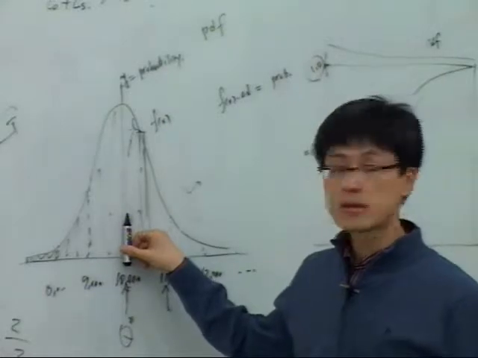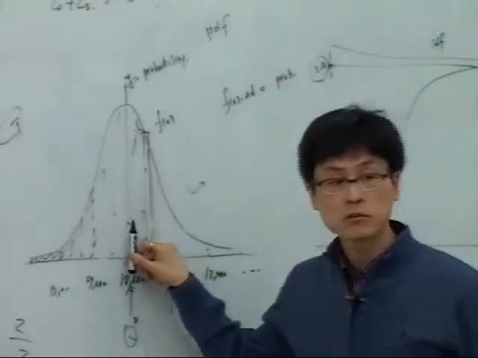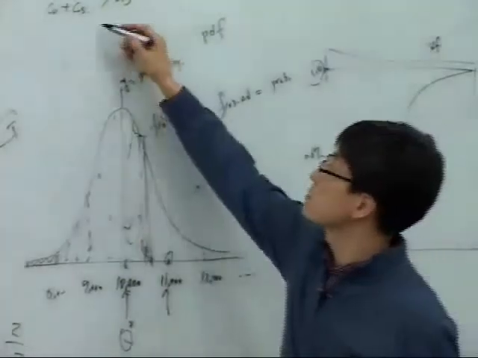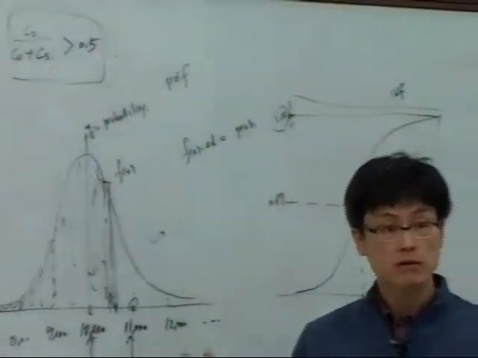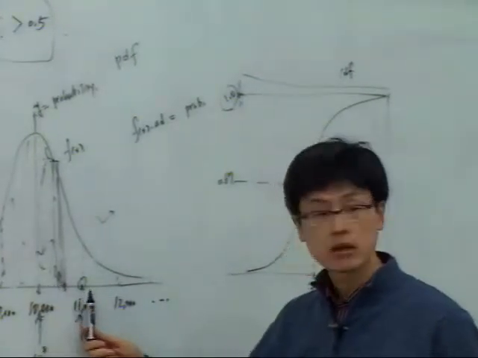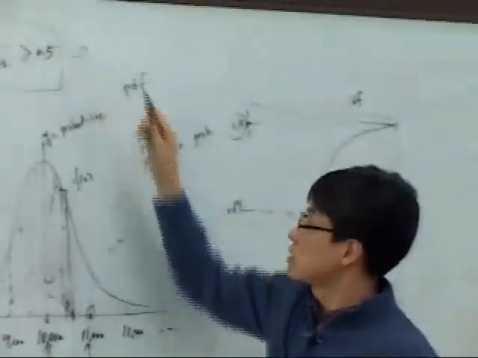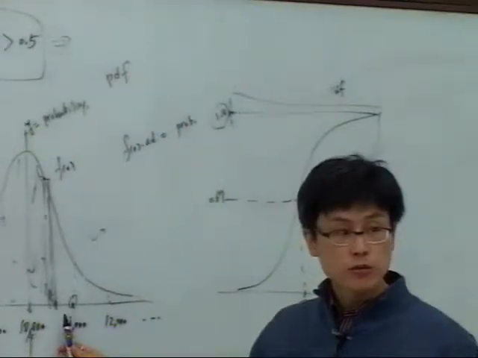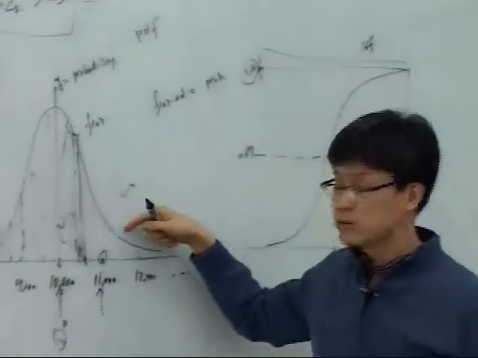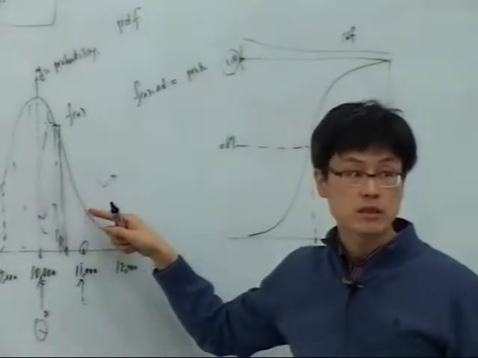If this value is less than half, the value will be around here. If it's greater than 0.5, the value will be around here. So the important thing is, if this is greater than 0.5, then we know that the probability will guide us that the optimal sizing is around here, which means when Q star increases, then the function value, probability density actually decreases, which means